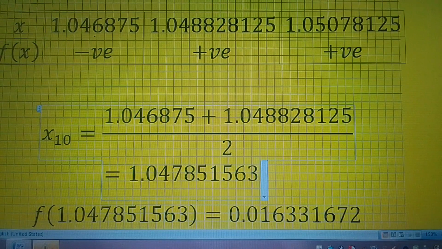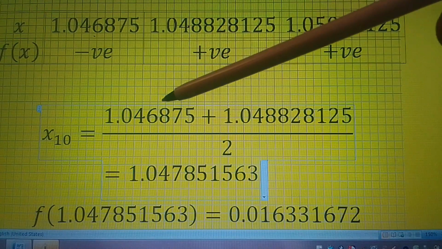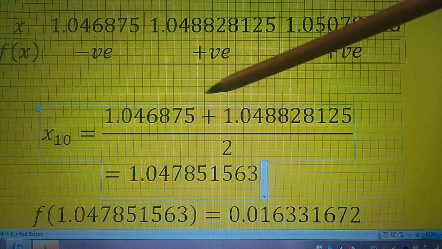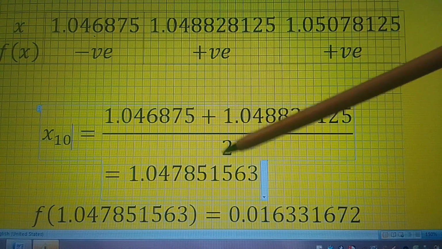When we come to x10, the root exists between these two values, so we add them and divide by 2,